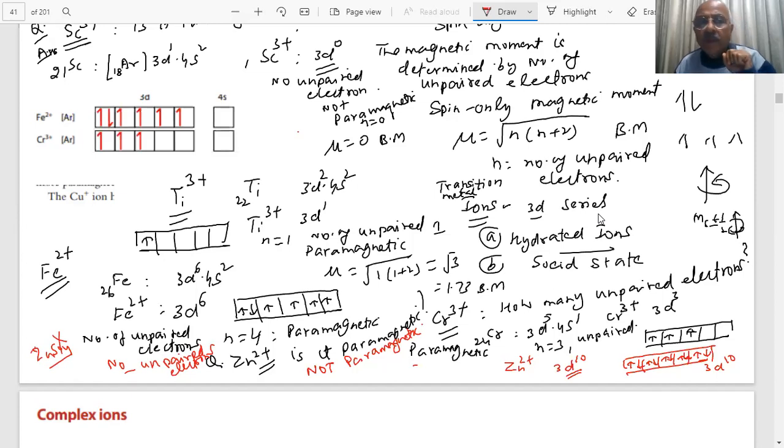Clear? Yes, sir. All right, then we will meet in our next class for further chemistry of transition elements. Then we will start chemical bonding and other topics which we want to revise. There is a lot of course, but I think final papers are in May, most of the board papers. So we will try to finish and revise the course as much as possible with you.